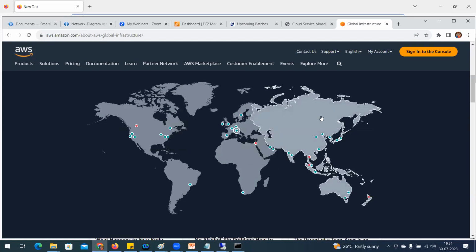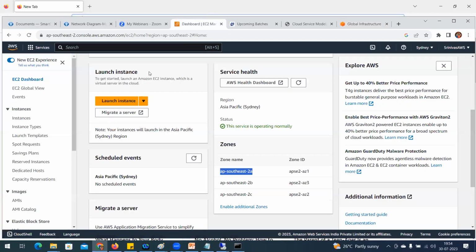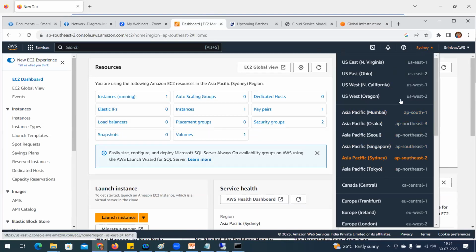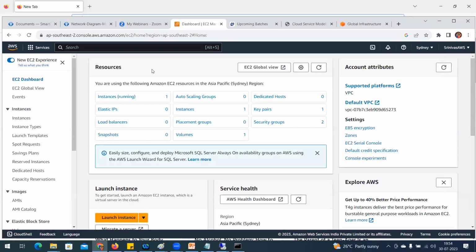As soon as you create any service, it is going to choose the availability zone nearest to the user. Now I'm going to connect from Bangalore. As soon as I deploy and launch this EC2 instance from Bangalore, it is going to connect to my nearest zone. This is Sydney. See here, these many zones are available. Currently my account is connected, and my EC2 application is running on Asia Pacific. Okay, so I'm going to stop here.